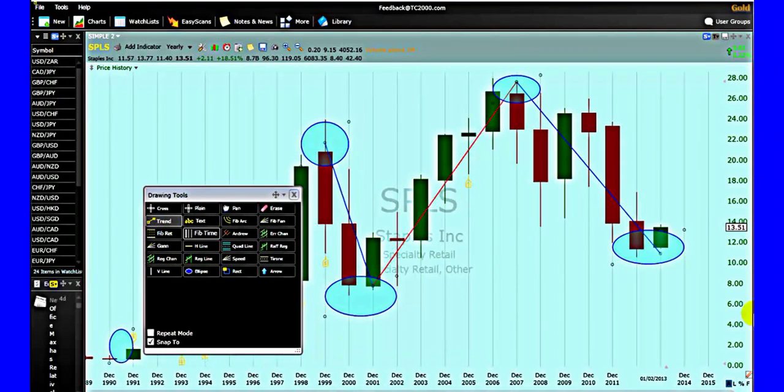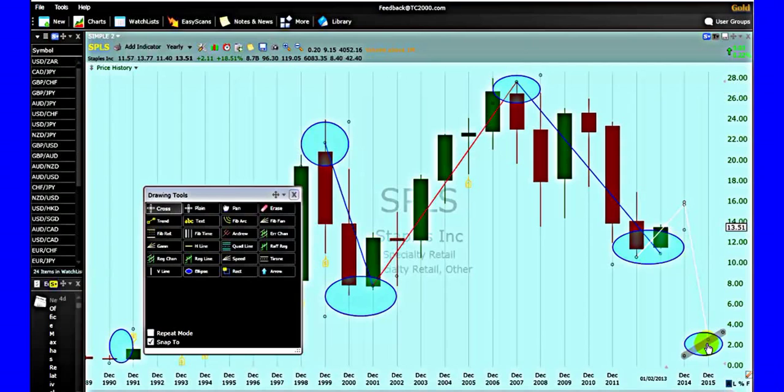We will have instead an expanded flat correction, which means the price will go up a bit here and then come back down and take this low here, bringing it somewhere here. That will be 1, 2, 3, 4, 5. So it will take this low, and that will be,